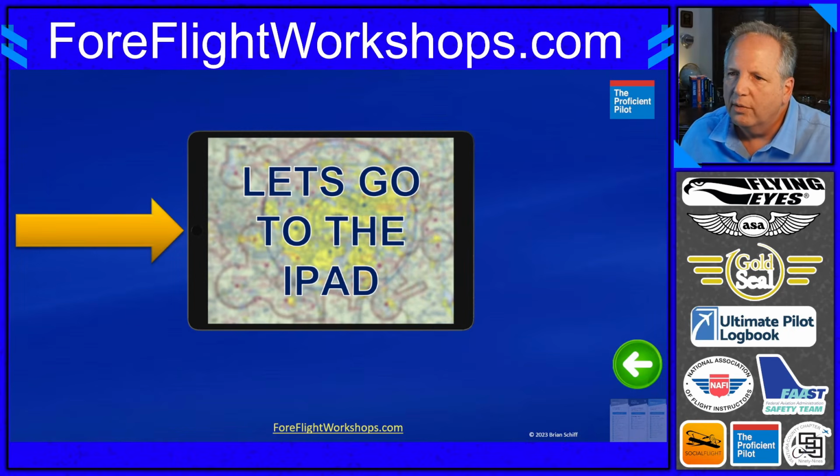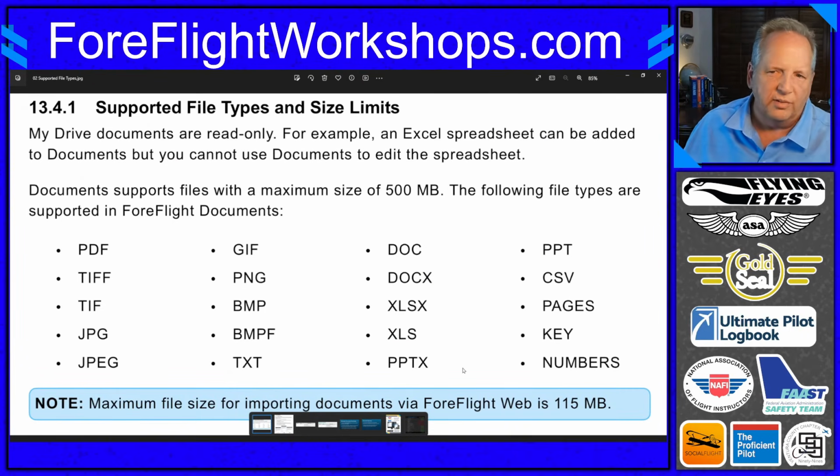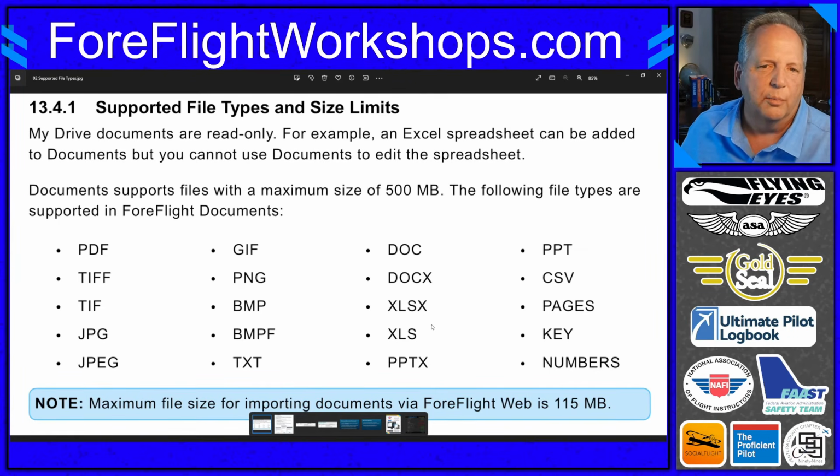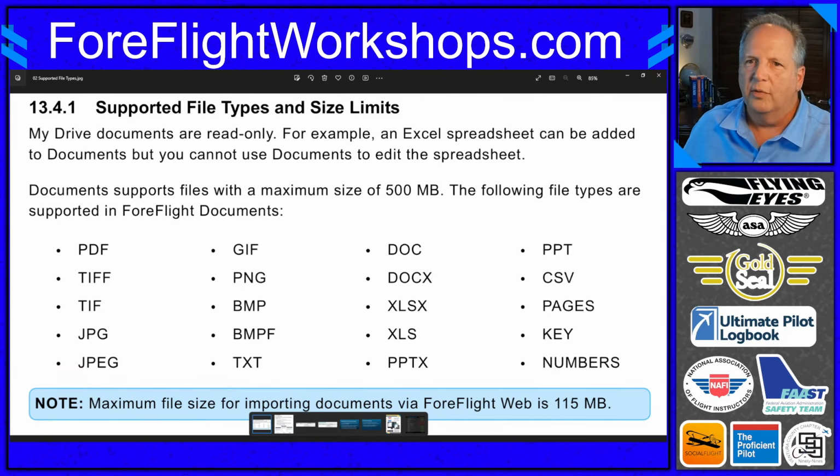See if I present monitor 2, and then let's see, the supported file types for the files is right here, and you can see movies isn't one of them. The maximum file size for a document is 115 megabytes, by the way, so you can max out. But these are all the file types that you can put into ForeFlight. You can put an Excel spreadsheet in there. You can look at it, but you can't edit it within ForeFlight. Again, PowerPoint, it'll view it in a viewer, but you can't edit it or play animations and all that kind of stuff. And obviously videos, I tried to move a video over and that didn't work.